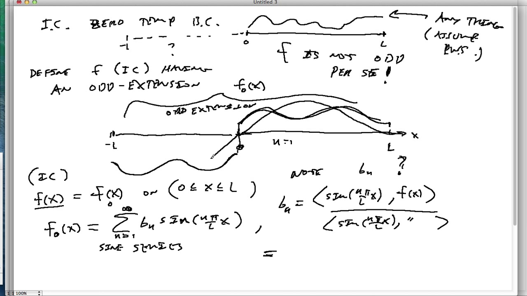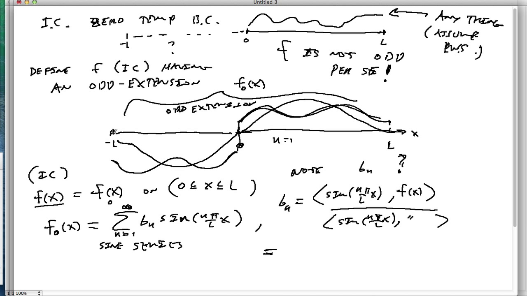There it is. This is sine n pi over L x, but n is equal to 1, so it's going to be pi over L x. Now you notice that this is an odd function, so it goes positive on this side, and there's a mirror image negative on that side. So what we could do is multiply both of these by each other, and you see that they're individual copies. Just like before, that's going to be the integral from negative L to L of sine n pi over L x